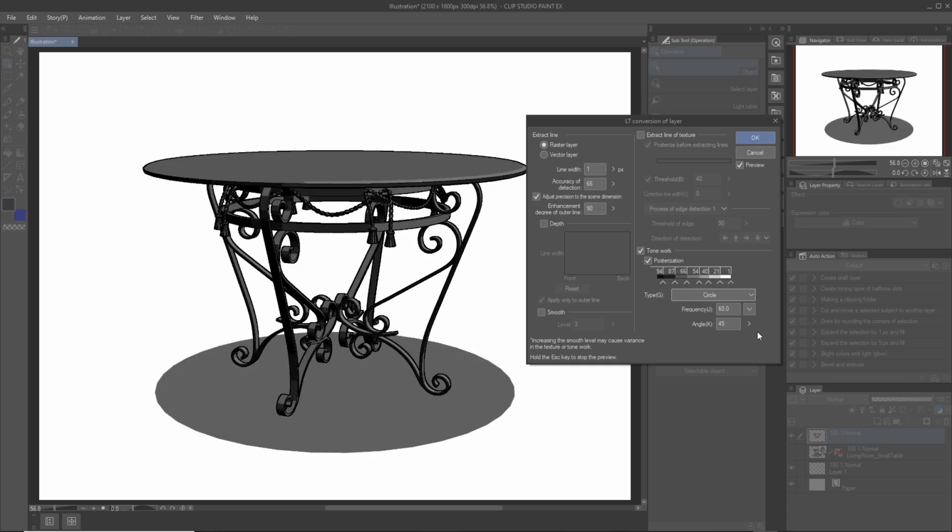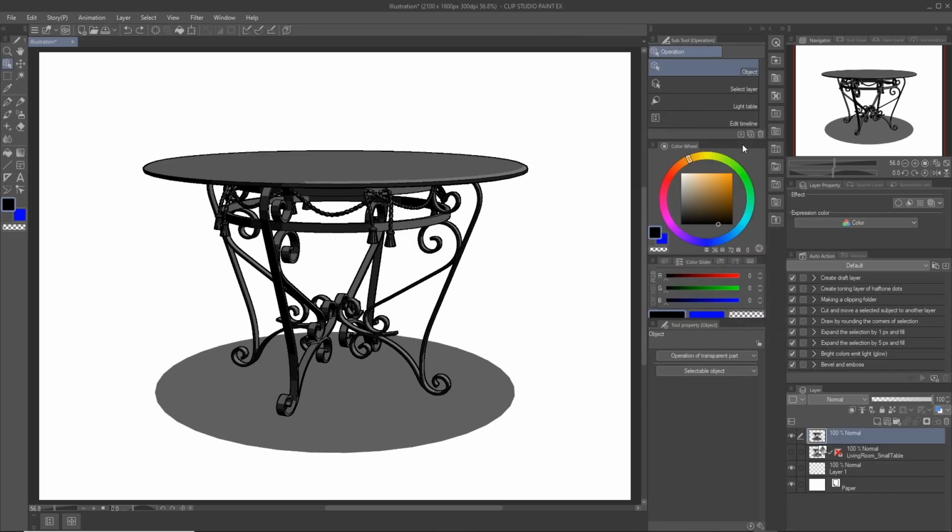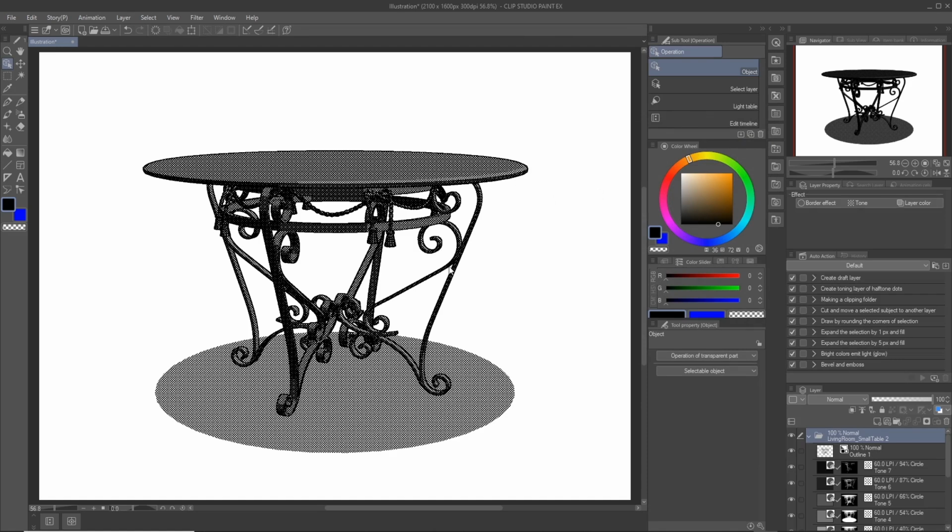Below the value slider, you have the options to affect the halftone pattern itself. So you can make each dot made out of circles or hearts or different shapes, anything that you see here. But you don't need to worry about this setting yet because we can always play with these settings later. The line settings and the tone work settings are what are most important here. Let's hit OK and see what happens. You can see that our 3D object has been converted into a more 2D aesthetic.